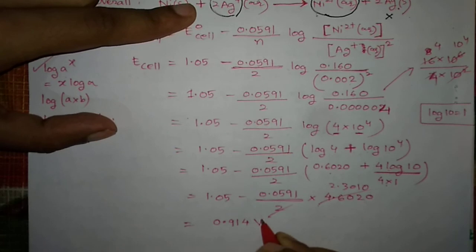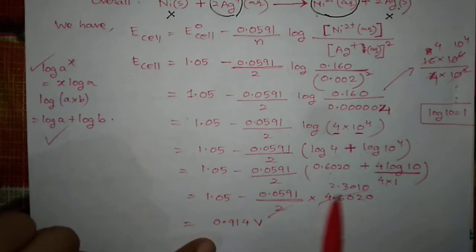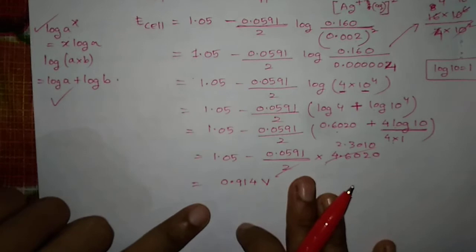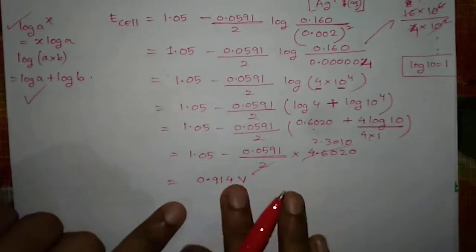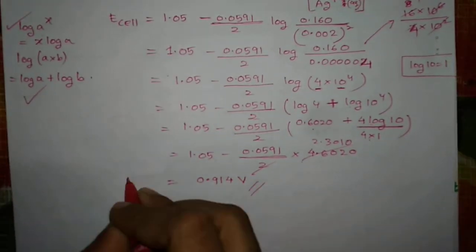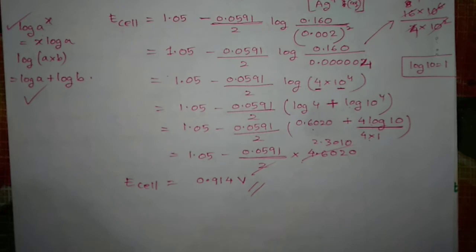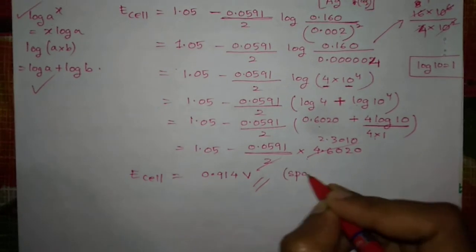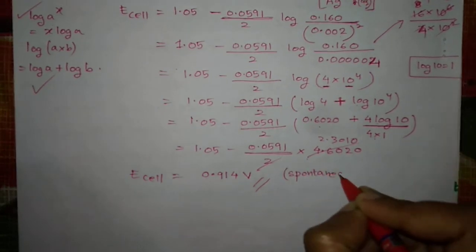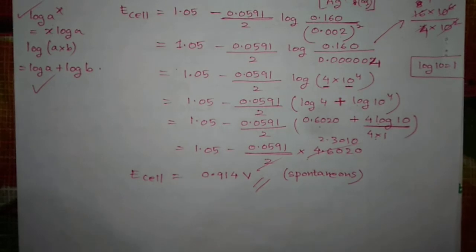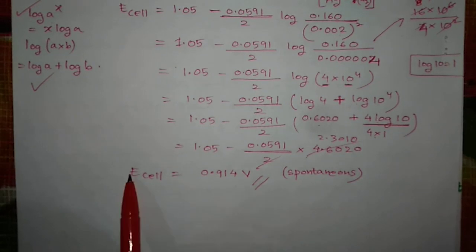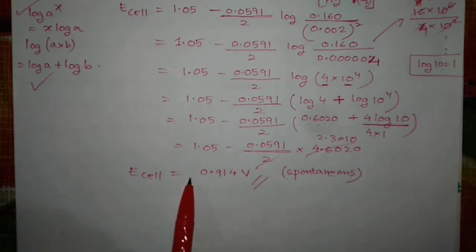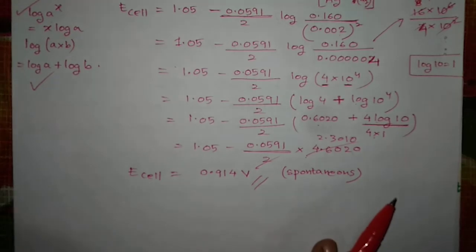so half of the calculation, I have done 70%. So what you do, you multiply this one, okay, and then you subtract it. The value you will come out to be as 0.914 volt. So this is the value of the E cell, okay, the value of the E cell. And since this E cell is positive, the cell is spontaneous. So if it asks you whether the cell is spontaneous or not, yes it is spontaneous. Spontaneous है cell because E cell का value क्या है? Positive है. E cell का value positive मतलब cell is spontaneous, ठीक है।